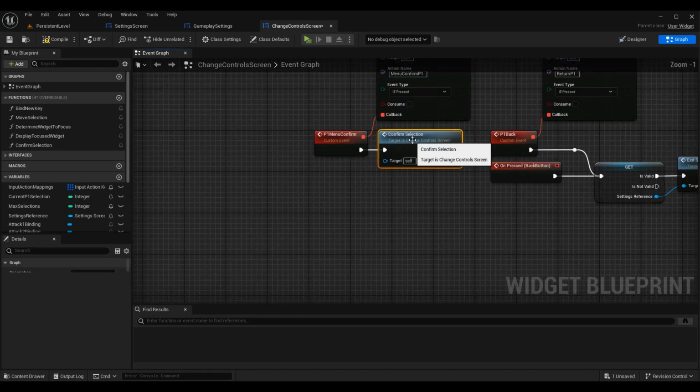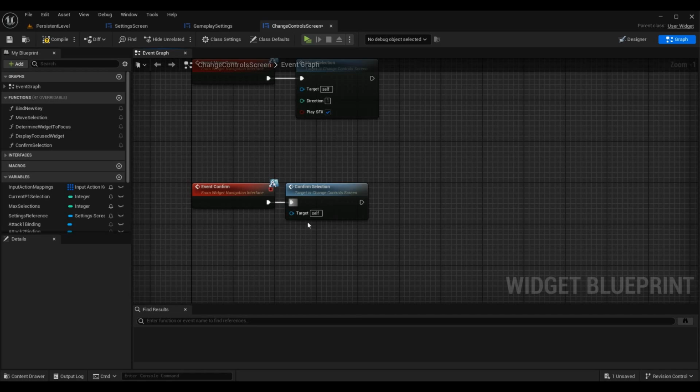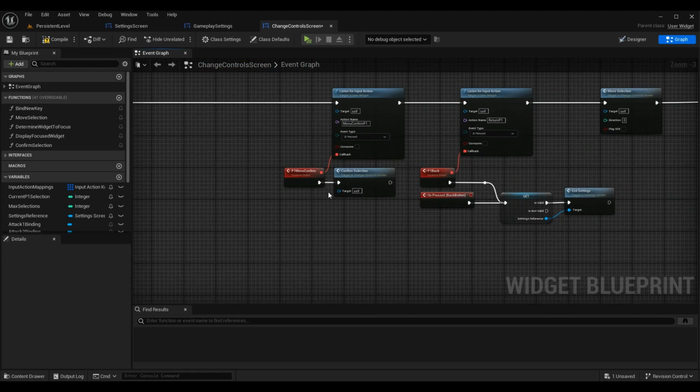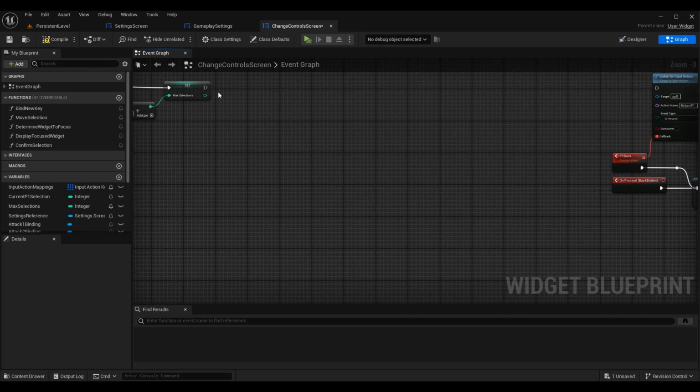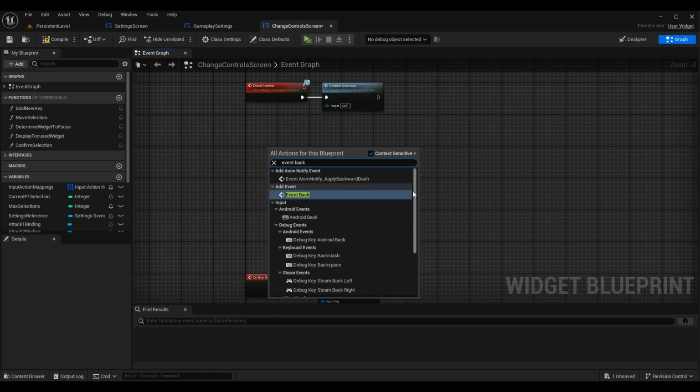And same deal. Then we have P1 back, which is going to be event back,